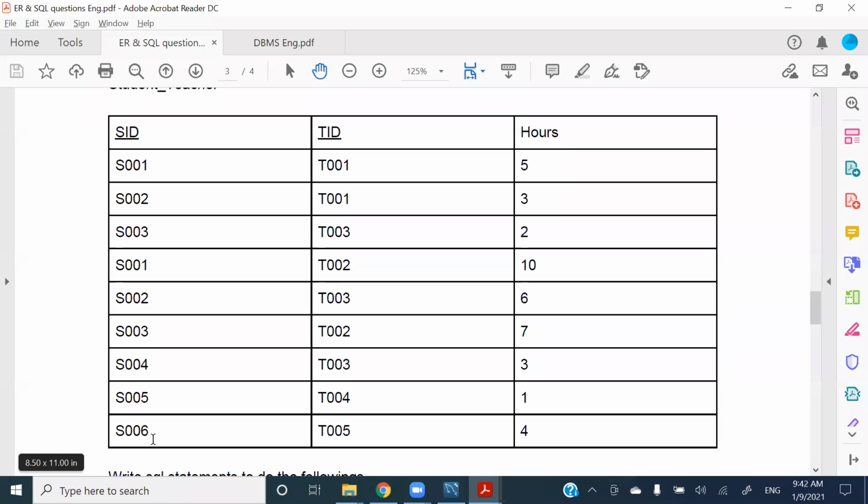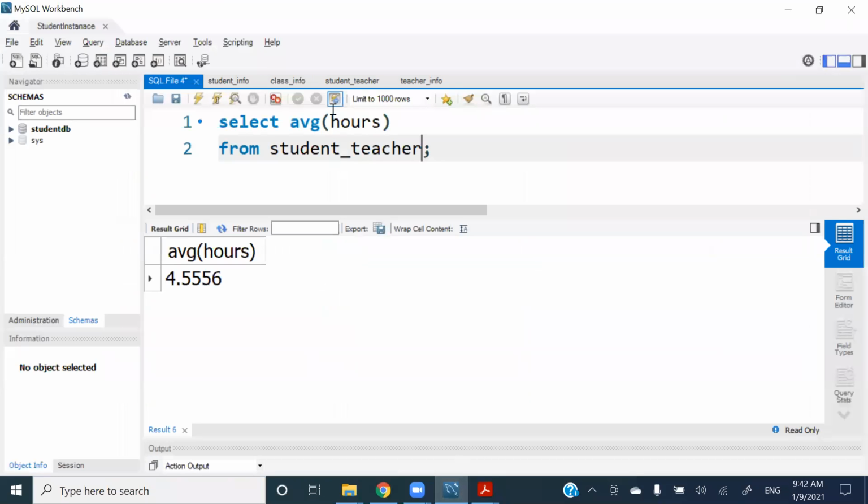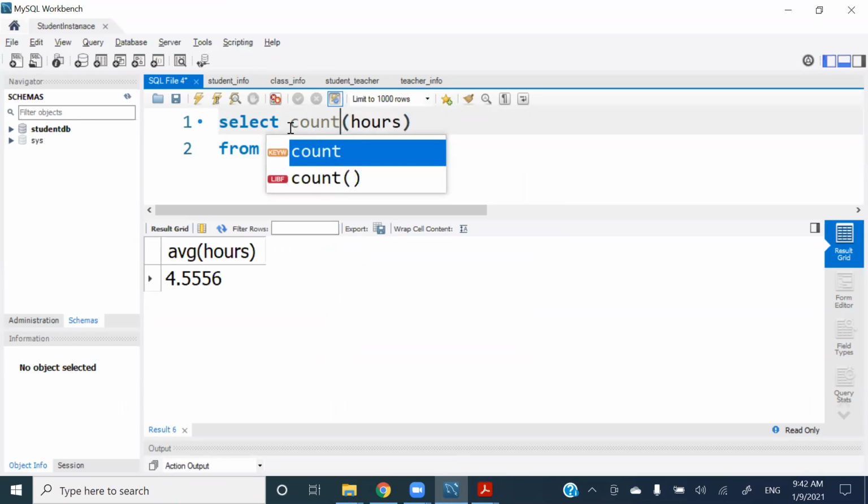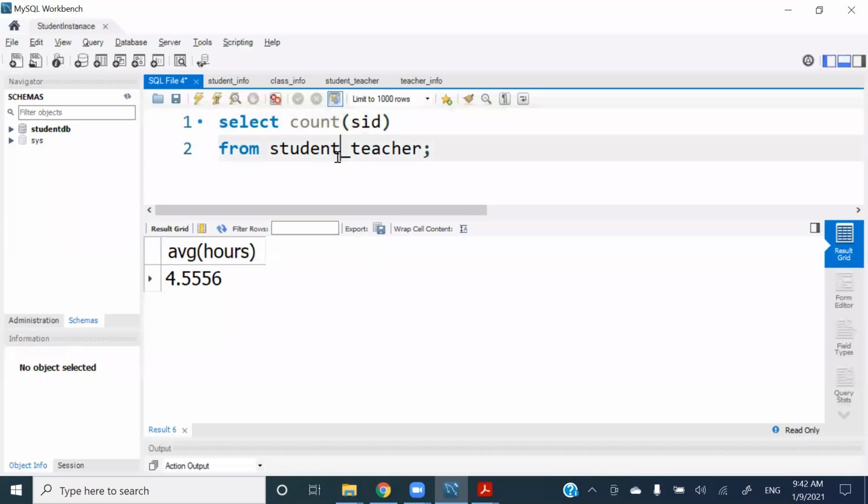in the teaching sessions, right? So if we blindly use the count function over here, by saying count SIDs in the same table, the student teacher table, if we say count the SID, we are going to have 9. But 9 is not the correct answer. So for that, this should be distinct